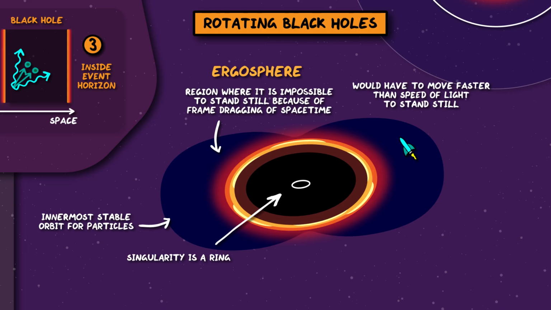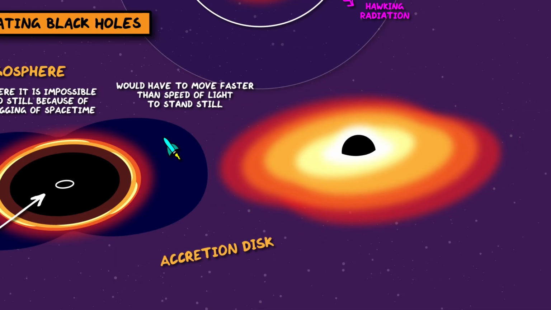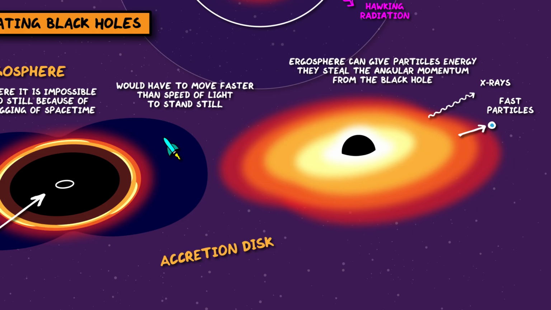Many real black holes are surrounded by an accretion disk, a cloud of material that's falling into the black hole and generating lots of heat and energy as the particles speed up and crash into each other. Accretion disks are very bright sources of X-ray radiation and high-energy particles, which can fly out of the ergosphere with way more energy than they entered, stealing angular momentum from the black hole as they do so and using it